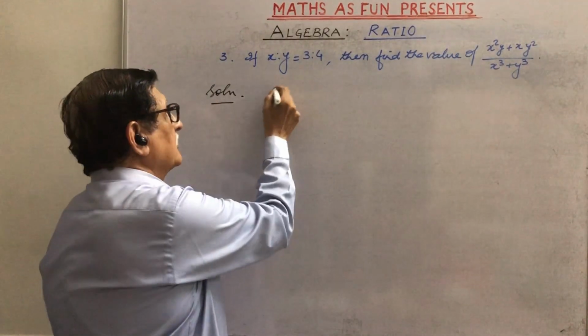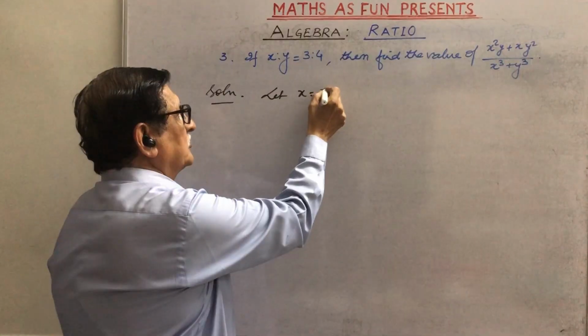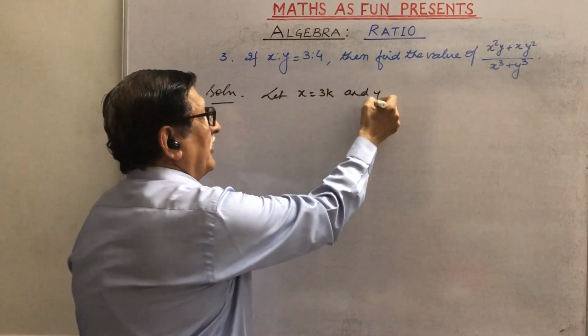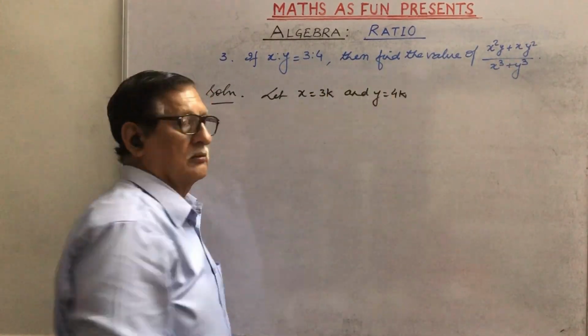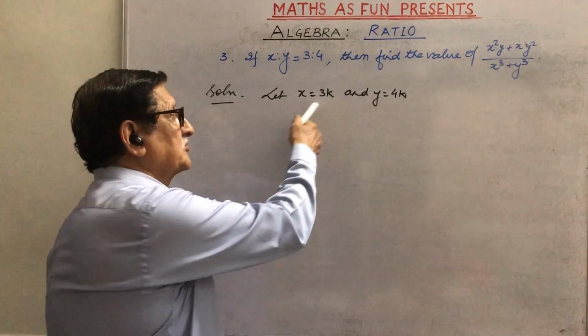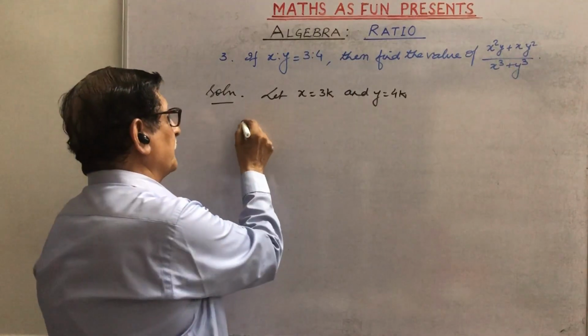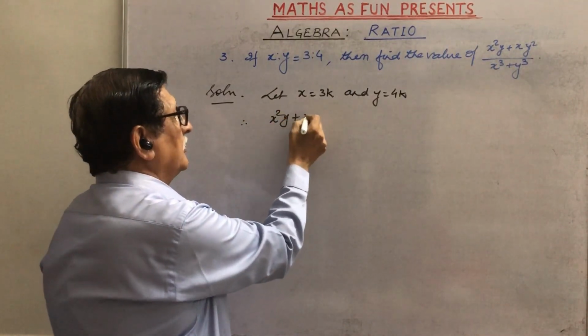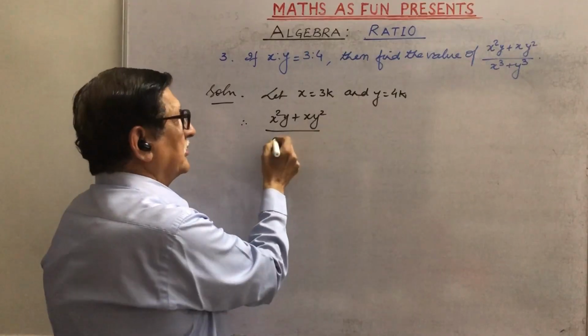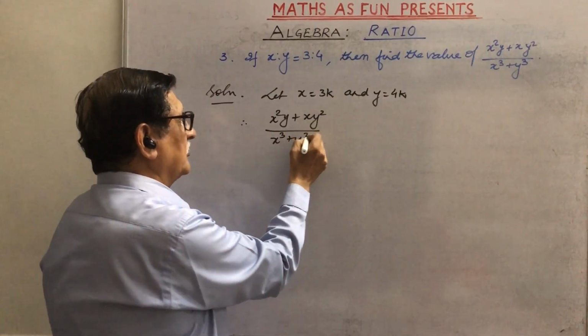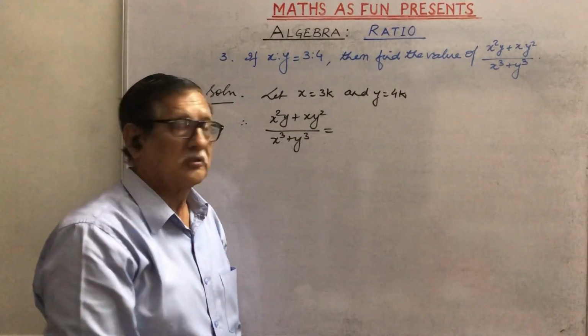So we can write, let x is equal to 3k and y equal to 4k. And then we can substitute these values to find out the value of this particular expression. So we write, therefore,